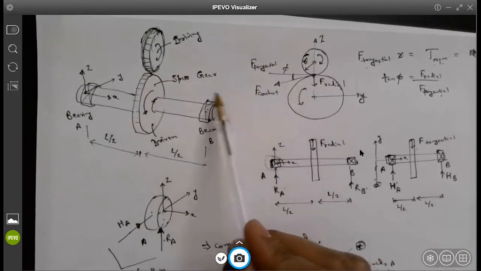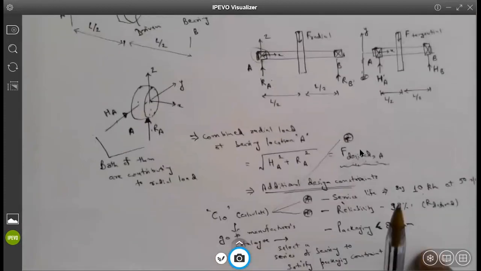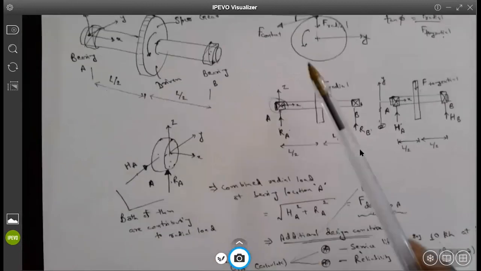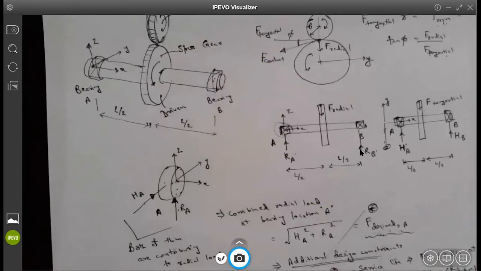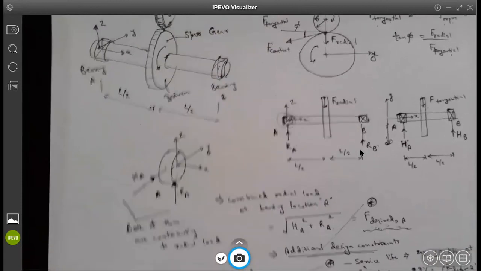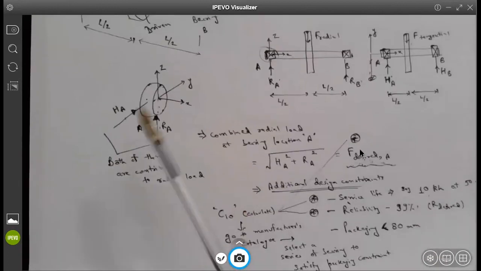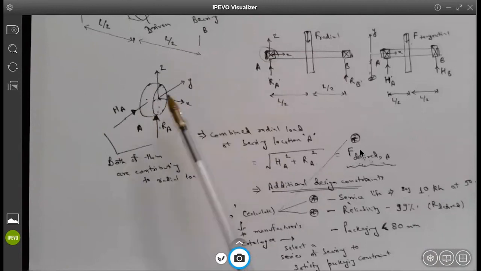And because of that, our calculations will again become a bit more complicated, because now you will not have a very simple expression for C10. So how to use axial load and combine that in these three requirements, we will see next week. We will start with the same methodology, but with helical gears, and see how we can do the calculations and select a bearing which handles not only the radial loads but also the load in the axial direction, in the x direction. That is, how to take that into consideration.